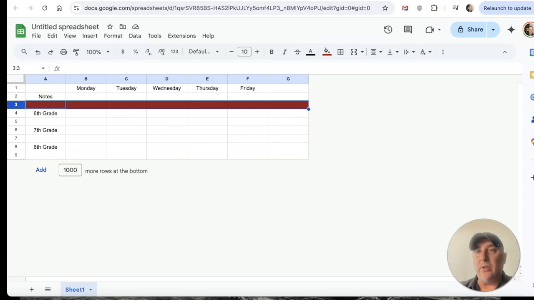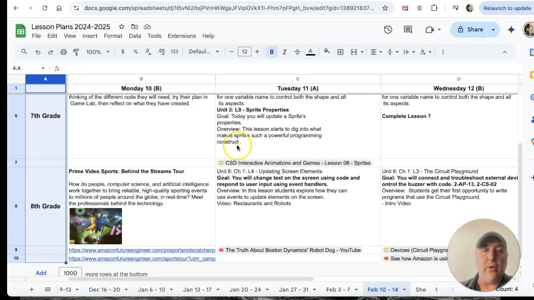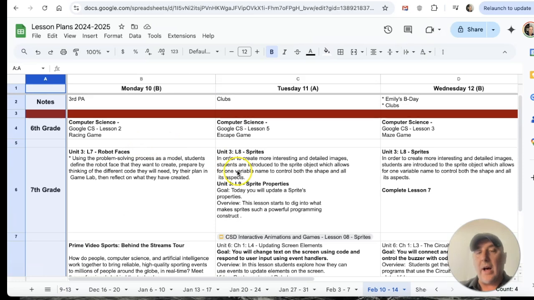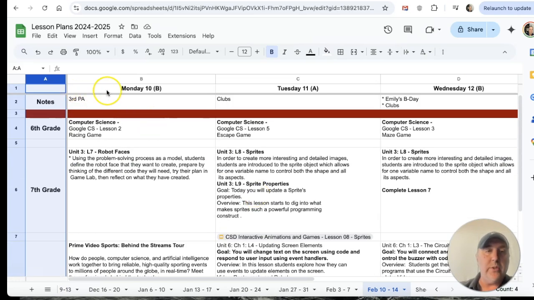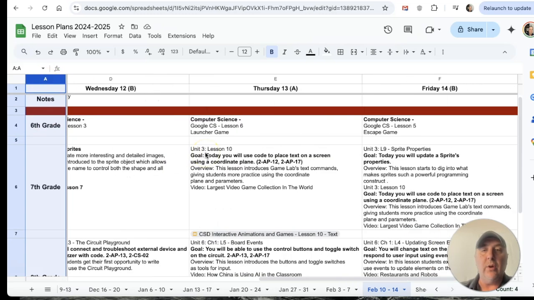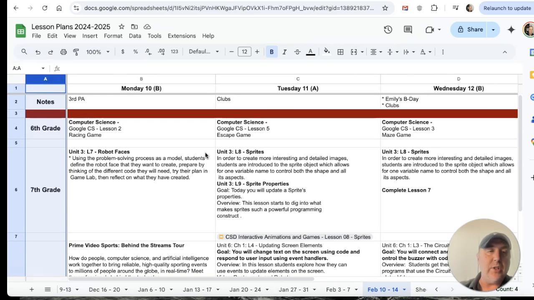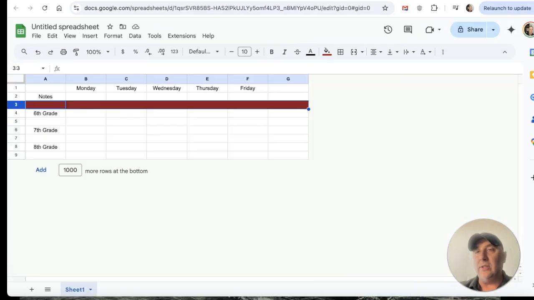Now I'm going to go back to the example I showed you. So there's a lot of information there. And so I froze the top row and then the first column there. So when I move this information across, I don't lose what grade I'm looking at or what day I'm looking at. So you don't have to do this if you don't want to, but if you do,